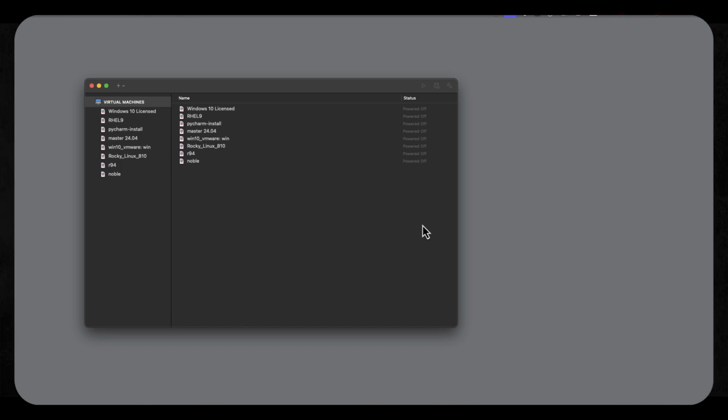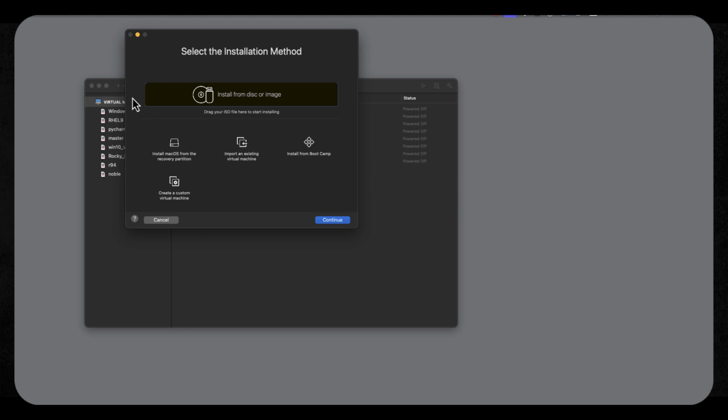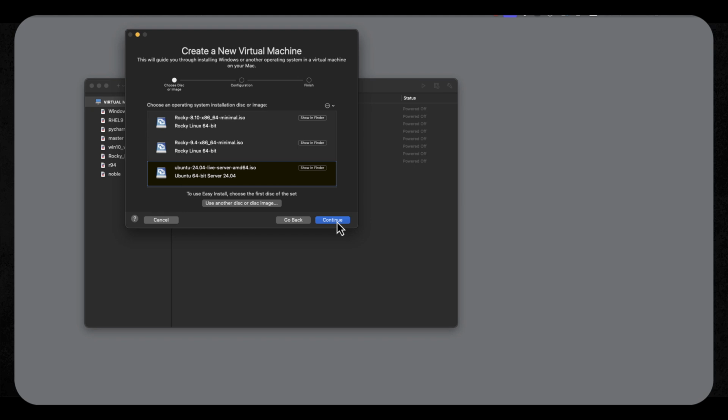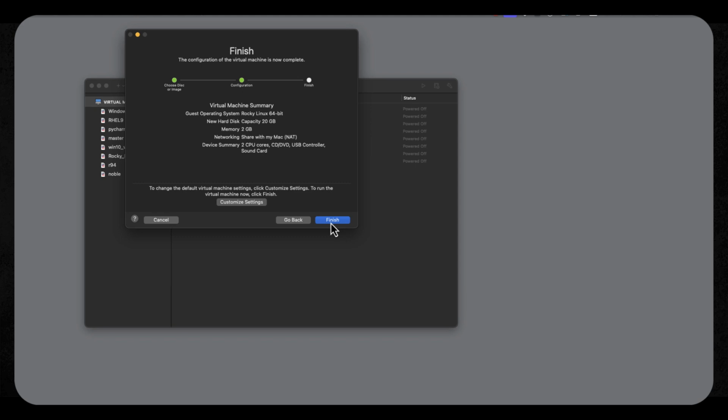But our first step is to create a new virtual machine. Now, it doesn't really matter the operating system that you're using or the hypervisor. We're expecting you to understand the steps in installing your OS and using your hypervisor. But I'm going to go through and create a new virtual machine. I can browse through to my ISO file. I already have an ISO file for Rocky Linux. I'll install Rocky Linux 8.